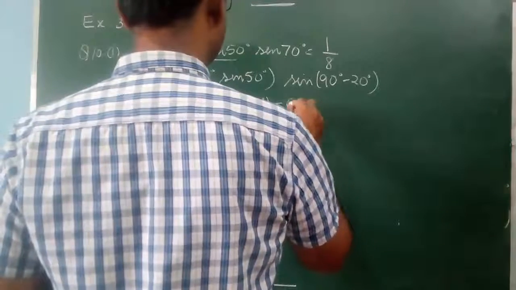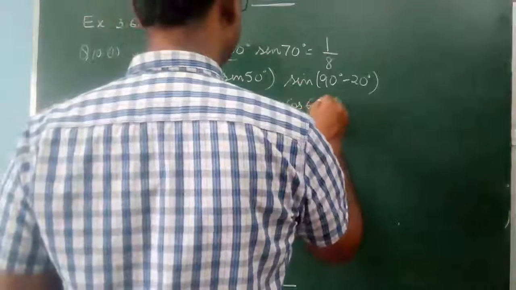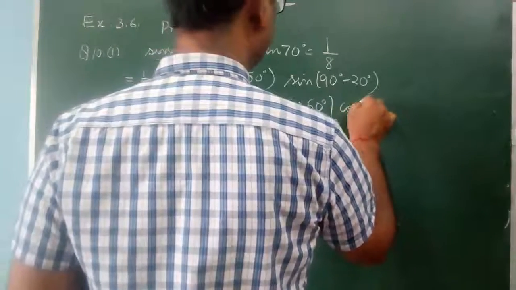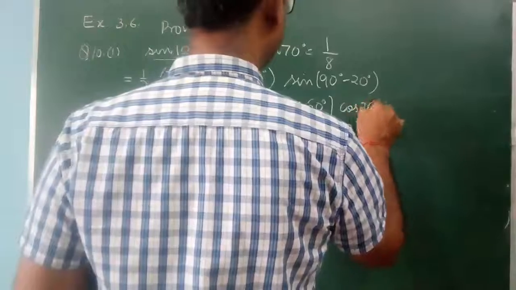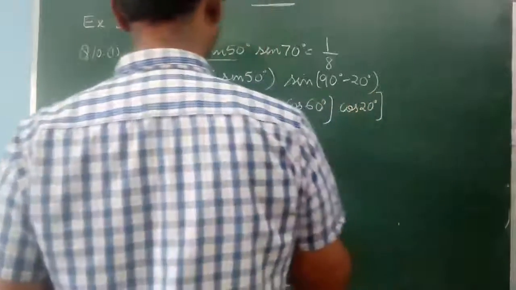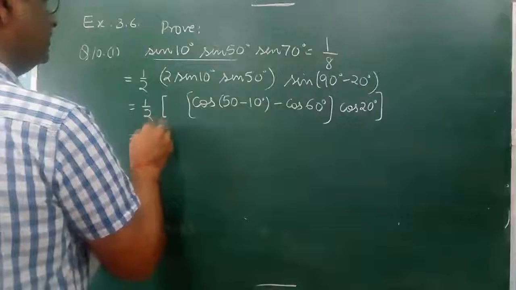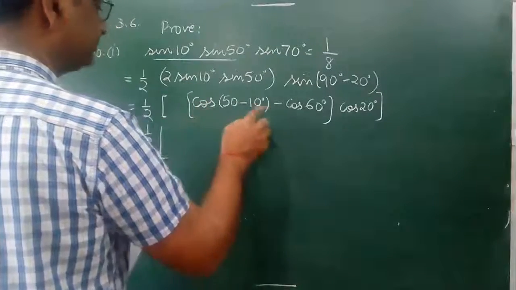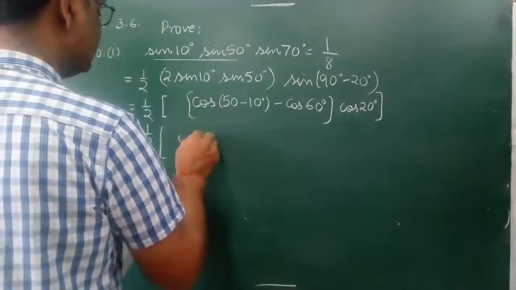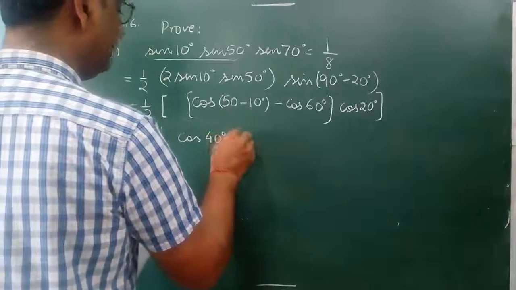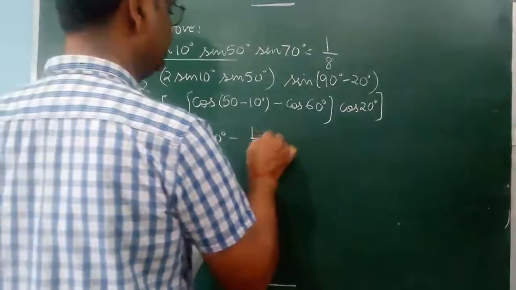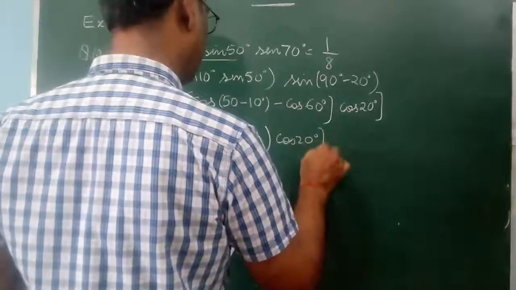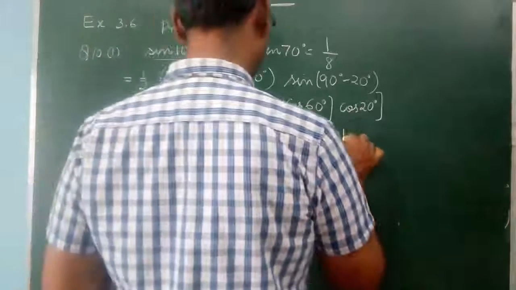Minus cos A plus B, 60 degree, into cos, how much? 20 degree. This one we have got. This is 1 by 2. This is cos 40 degree minus 1 by 2 into cos 20 degree, and this can be written as